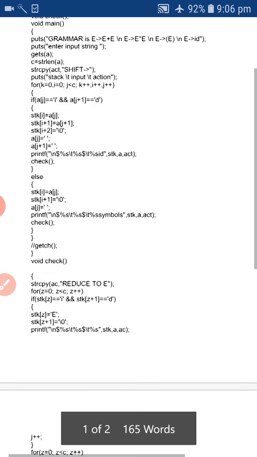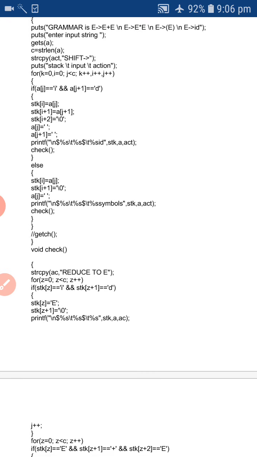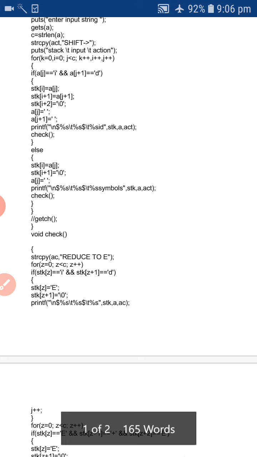It will be checks. After checking, once again we are using the stack push function, the stack of i equal to a of j, then i automatically will be incremented in the stack. Then once again that stack is moving to the pointer. Then once again there is a first, it will be only using all the stacks containing the productions or not.